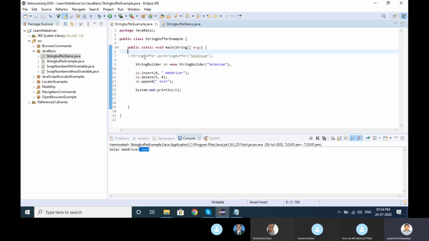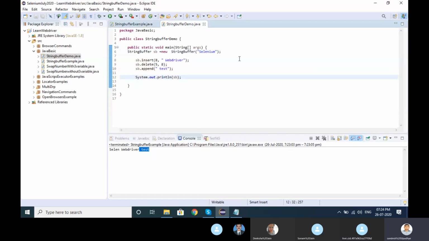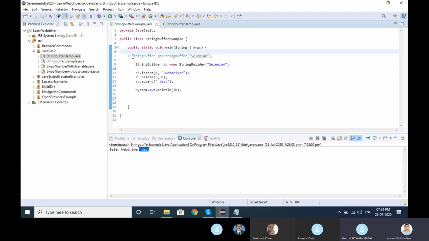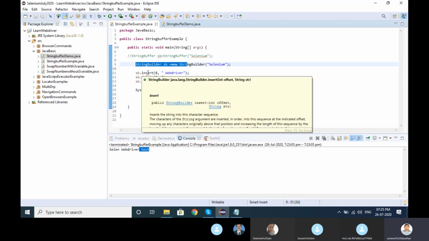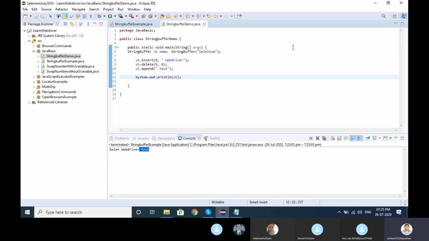Look here, capital S, capital B, capital S, capital B. Anyway, there might be some issue, because I tried with string buffer here but it is not working. Look here, what I want to tell you, the same as string builder, we tried insert, delete, and append, and we are trying the same thing with the string buffer as well. So both are the same.